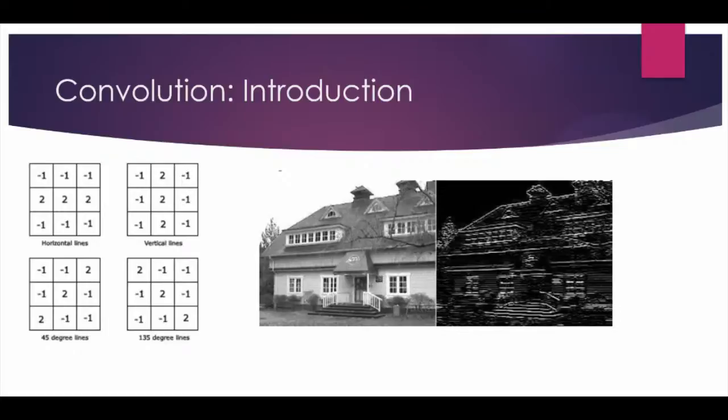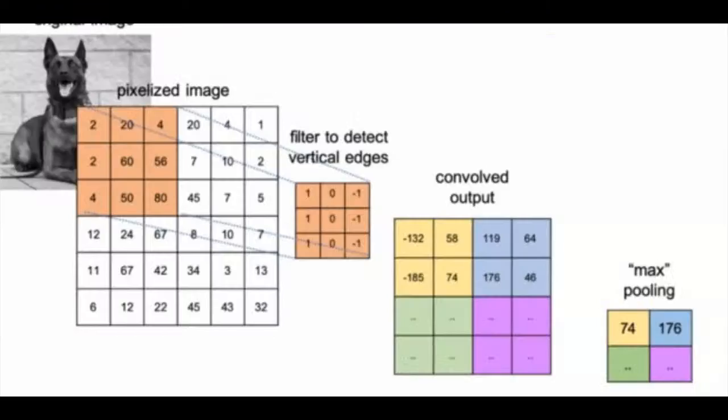And this is the example of horizontal lines from this central image. If you apply this horizontal line filter, if you convolve it, you will get the right hand side. This is the original image. You can pixelize the image, you can apply different filters. Now instead of using 4 filters, you can have, suppose, 50 filters. Different directions will give different values, and after applying those filters you are actually scaling up the data set. Then you scale down the data set by using functions like max pooling, so that the data size is reduced at the same time, and then you can do the further training process using the machine learning algorithm, which we have already seen.